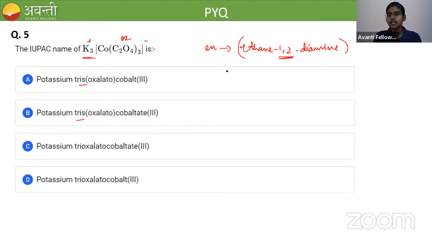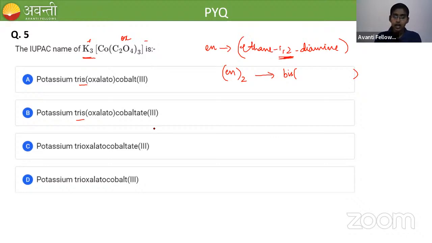Now you can see that the name of the ligand contains numbers. So if we have en twice, then in the name we have to put bis: bis(ethane 1,2 diamine), because it includes numbers. Whereas this oxalate ligand doesn't contain a number in its IUPAC name. So you should not use tris; you have to use tri. So it is potassium